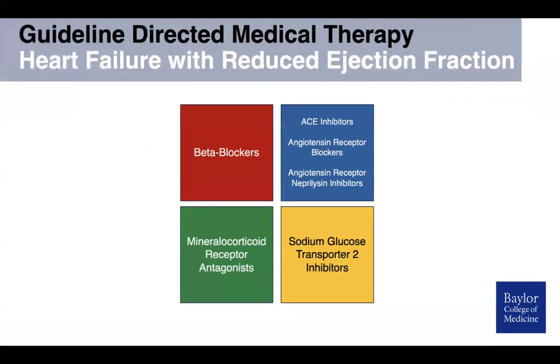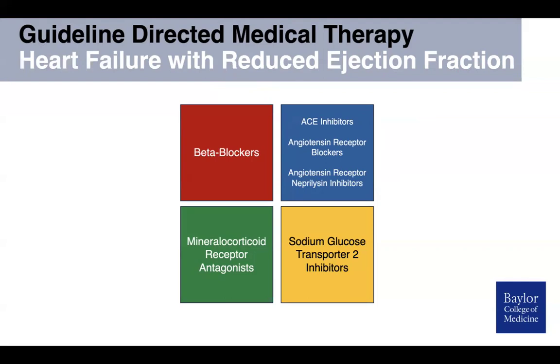So what are these targeted therapies? We'll refer to them as guideline-directed medical therapy or GDMT. And this is what we use for heart failure with reduced ejection fraction. Again, these therapies are for reduced ejection fraction. And the cornerstone of therapy includes beta blockers, and, in blue, ACE inhibitors, angiotensin receptor blockers, or angiotensin receptor neprilysin inhibitors. You don't mix those therapies in blue. You choose one over the other for whatever reason that may be.